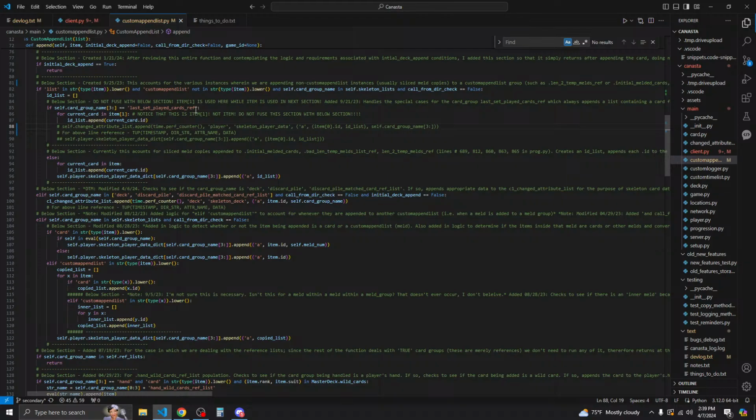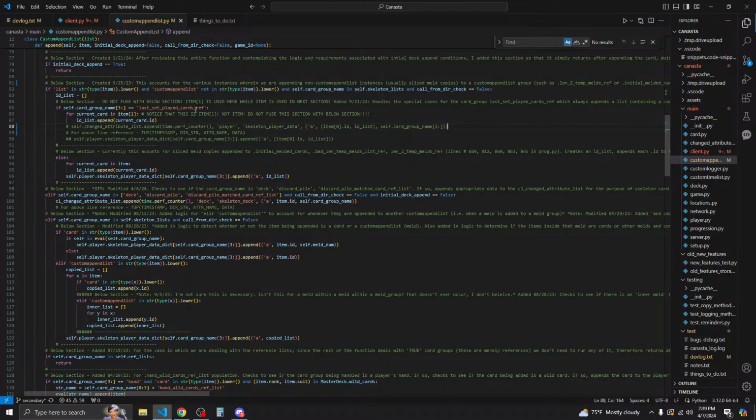We say self.change attribute list append time perf counter player skeleton player data, and then item 0 ID list, and then data at index 2 is going to be that specific card group name, which previously was the key, but since it's not a dict anymore and it's just a list, we're adding it as the third entry in the tuple for the data tuple.